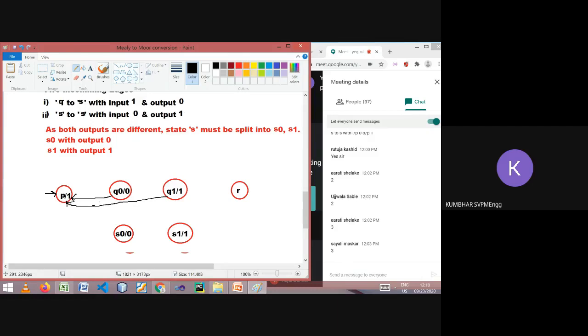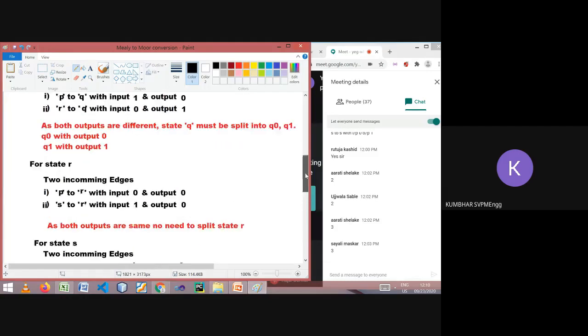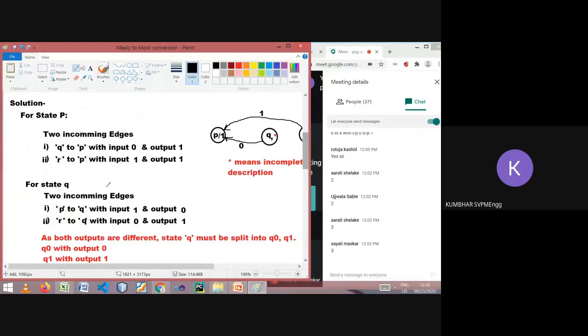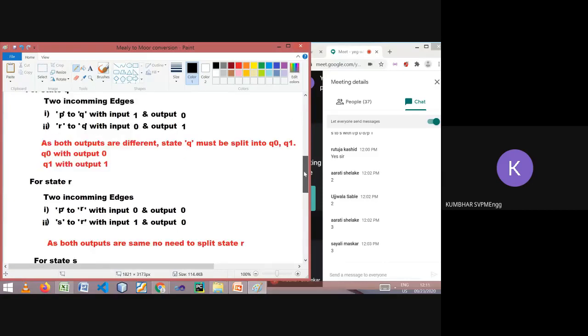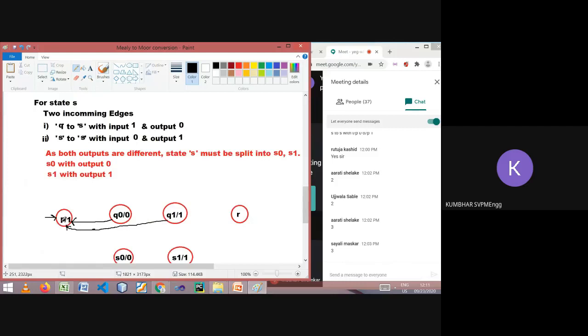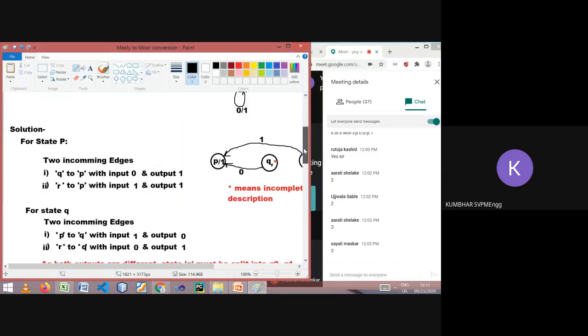Is it clear? Now why should both point to P? Because the output is the same, output 1. And in the Moore machine, P is the state which gives output 1. That's why we have shown it here. And let's draw the input.